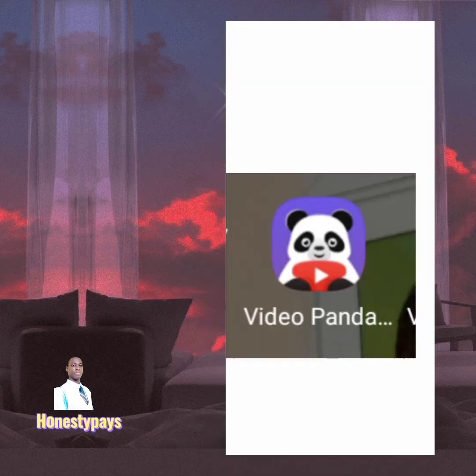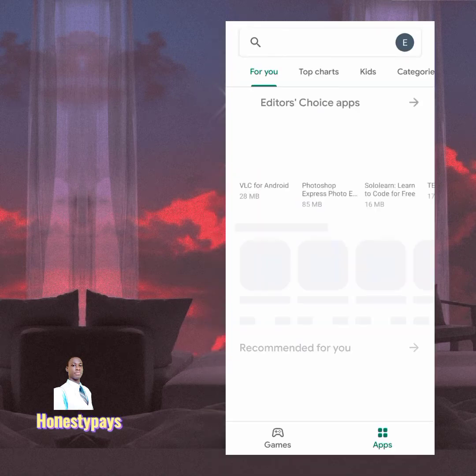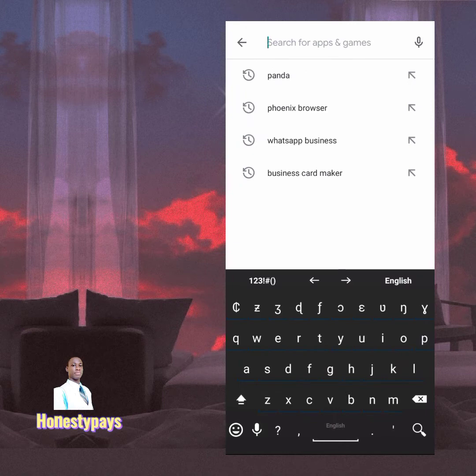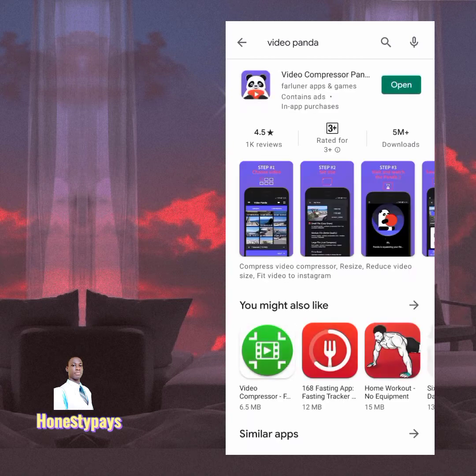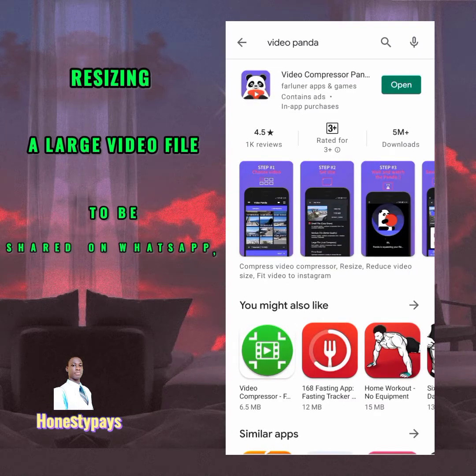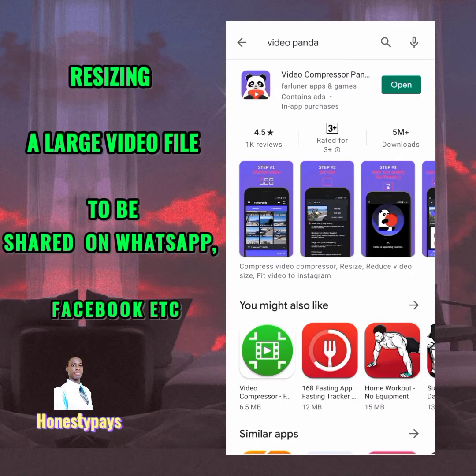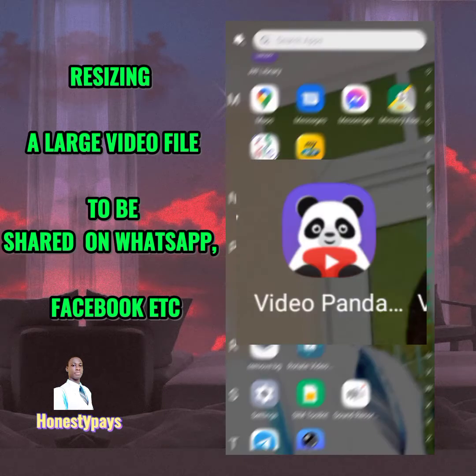So the first thing you are going to do is to go to Play Store, and then you download this app. Okay, you download this app that I've showed you. So you type the name of the app here. Okay, good, and you download it. This is the app, right? You download it. So after downloading and then installing it, now you go to the app,